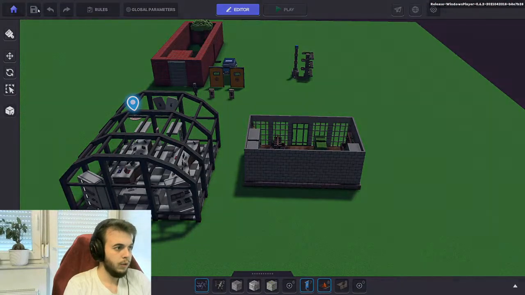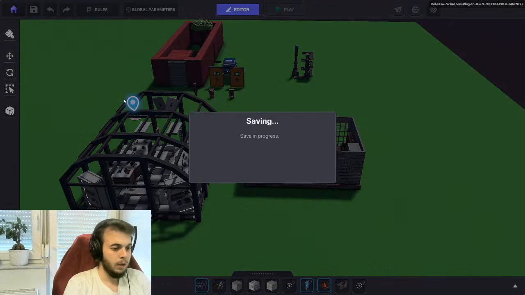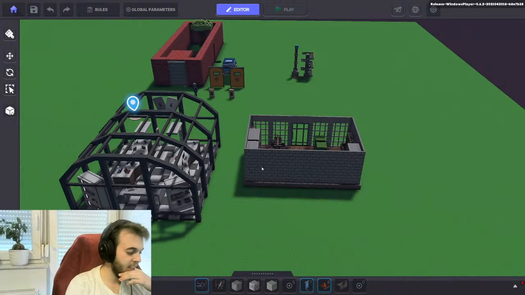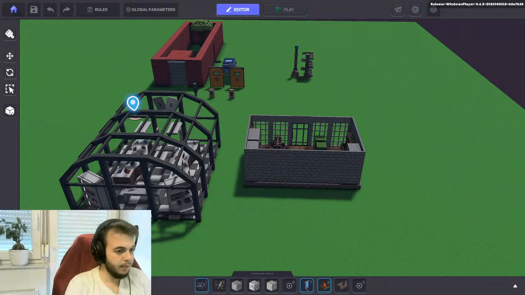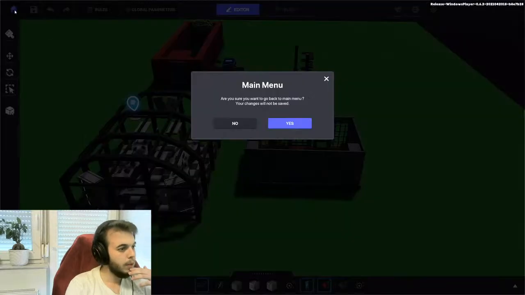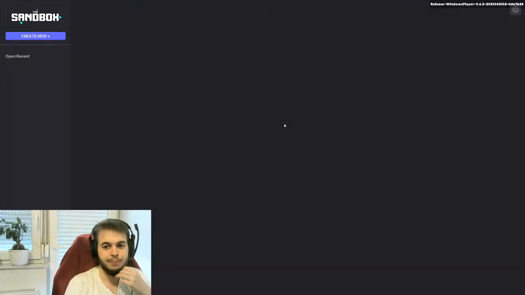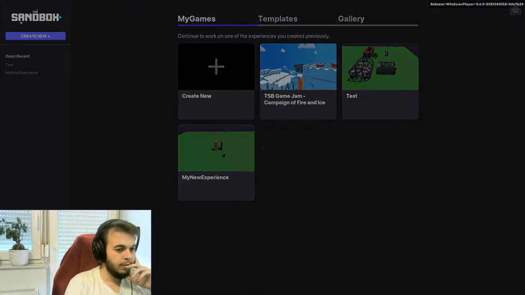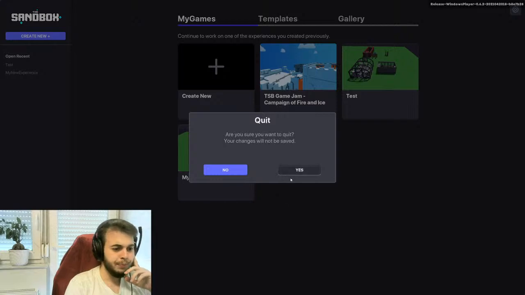So let's wait for this to update. Okay. Well, it's not okay yet. It's still saving. Okay, so now we should log in with a different account, just because I don't have the game files stored here. So